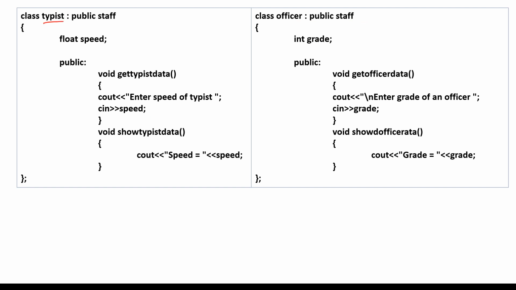Similarly, the typist class is derived from staff, having a variable speed, again two functions to get and show data. And the last is officer, again derived from public staff, having variable grade and two functions, one to get the grade and the other to display the grade.